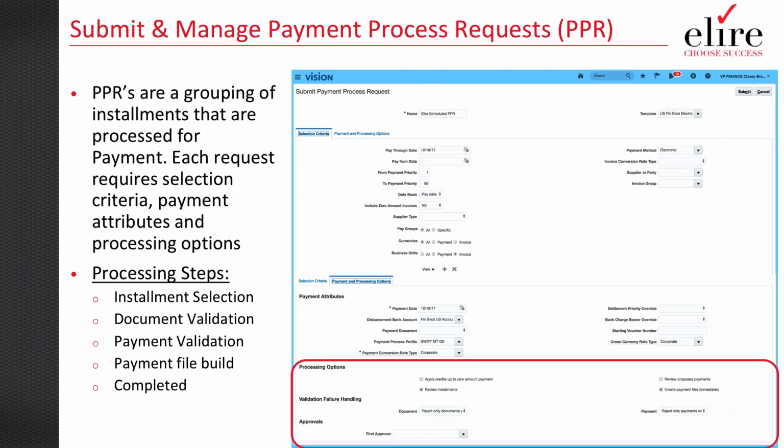So now that we've essentially generated a payment process profile, and if we go back to what we learned in cash management, we could have generated a payment out of cash management or out of AP, and now it's been approved, we have the final step of actually generating the payment file itself. And within that payment file, we need to set some attributes for scheduling and submitting these overall processes. We need to say, okay, what business units do we want to process on a regular basis? What types of payment files do we want to process?